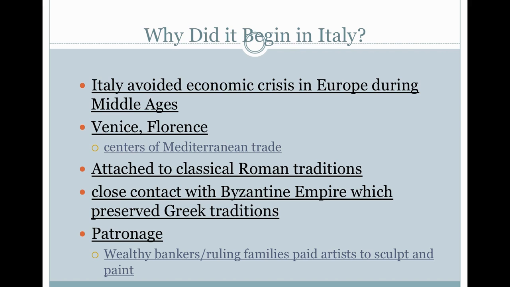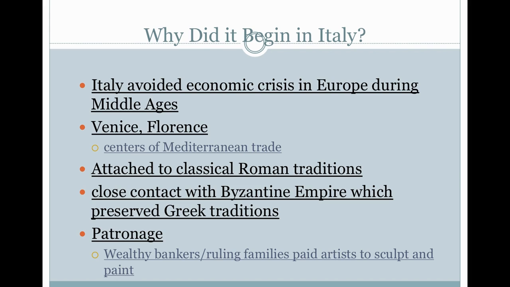So remember, Muslim scholars are going to translate Greek and Roman works into Arabic, and those works are going to make their way to Italy, right, where they're going to be then translated into, say, the vernacular. So Venice and Florence were basically easy destinations for ideas and anything to spread to, right? Whether it's the astrolabe or the compass or Chinese paper. These ideas are going to hit Italy first, or these goods are going to hit Italy first.